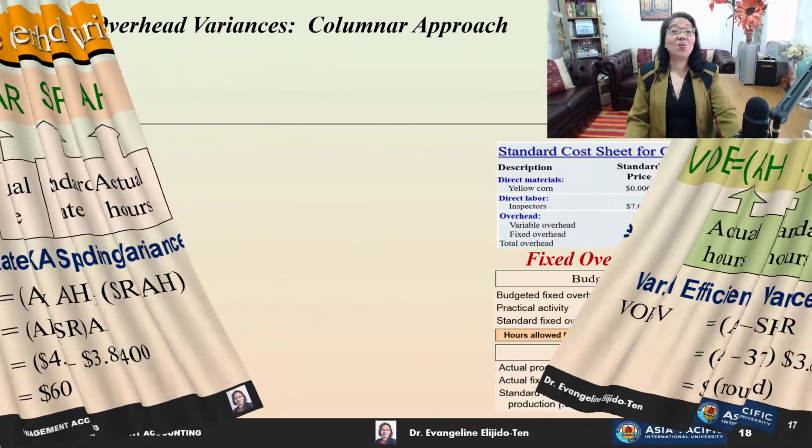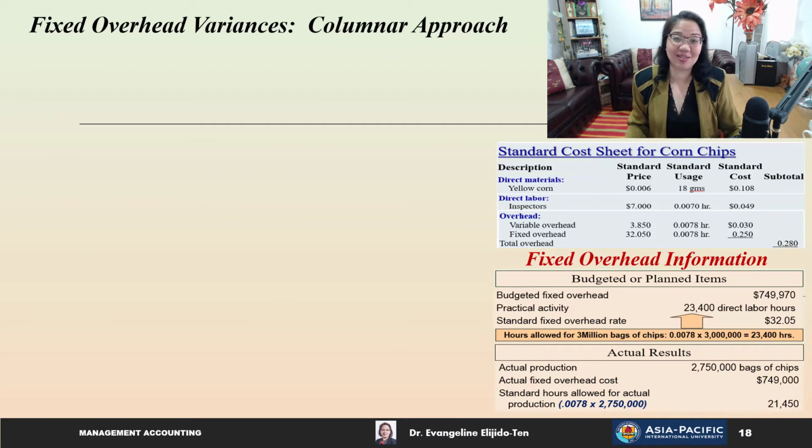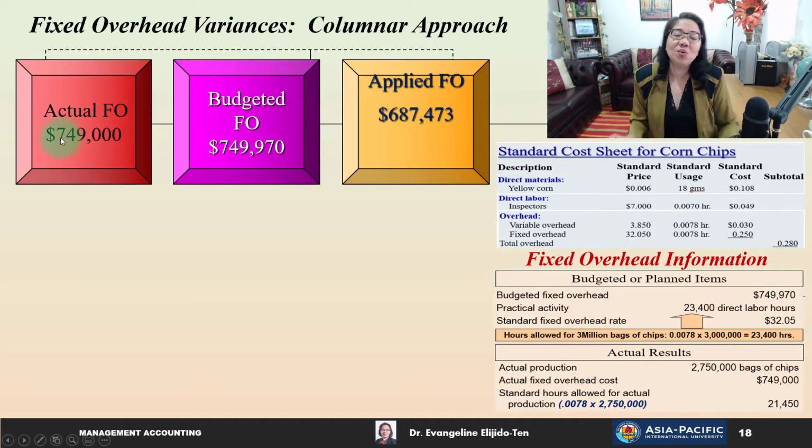All right, now we are ready to move on to fixed overhead variances. Again, we'll start with the columnar or the tabular method. So what we are comparing here are the actual fixed overhead, the budgeted fixed overhead, and if you recall, there is a third overhead, and that is the applied fixed overhead. So the actual fixed overhead is already given, $749,000. Did they tell us what is the budgeted fixed overhead? Yes, they did. It is